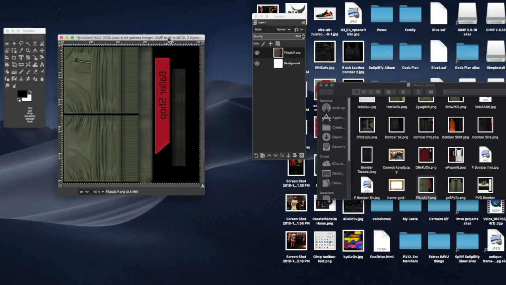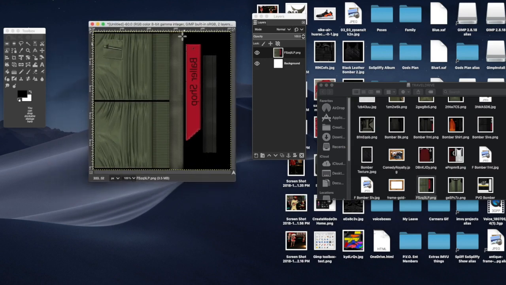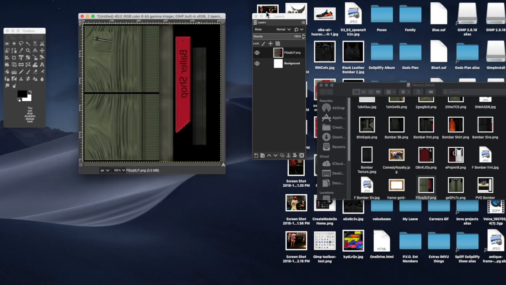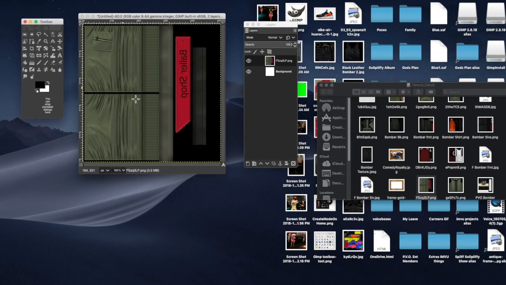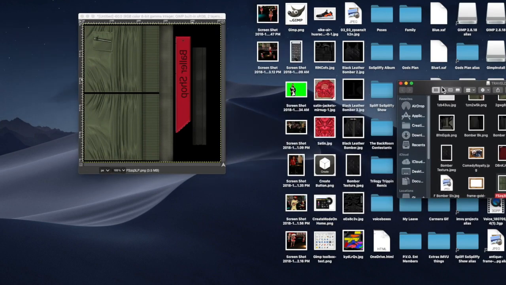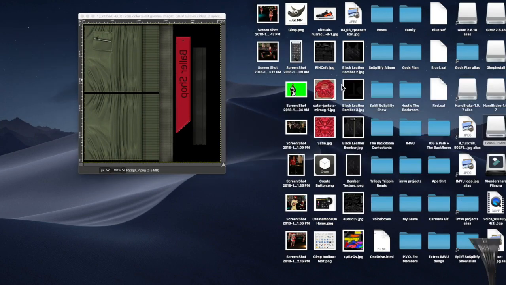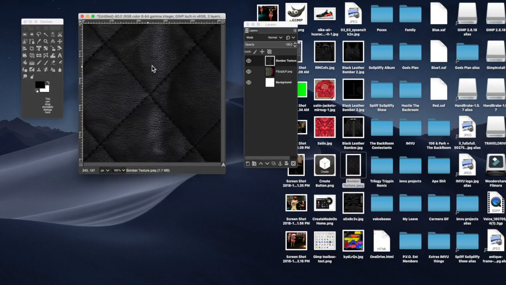This would be the sleeves. So I already had downloaded it from his product page and everything like that. So now this is what we're gonna do with the sleeves. We're gonna go ahead and take this bomber texture that we set to the desktop, and we're gonna take it,